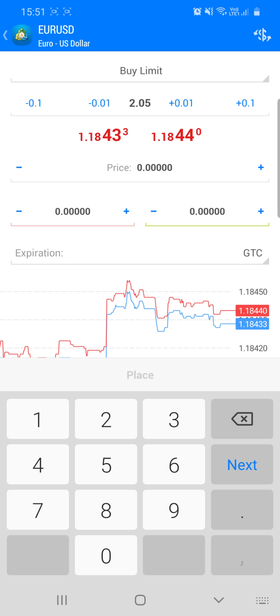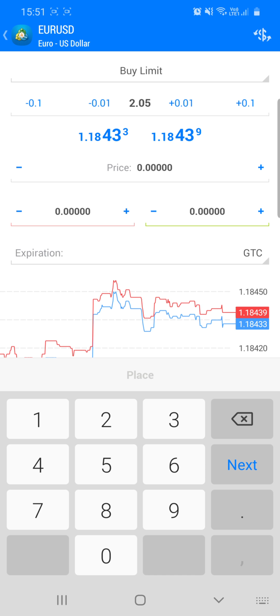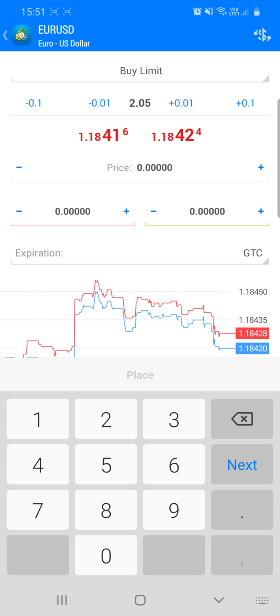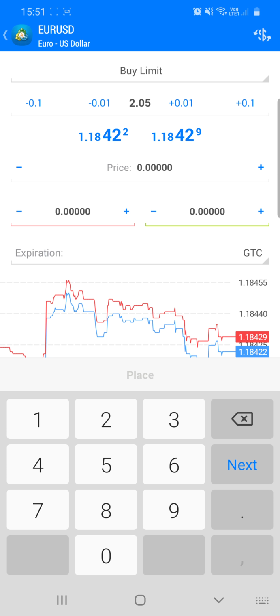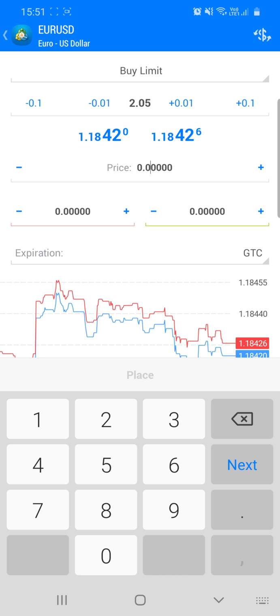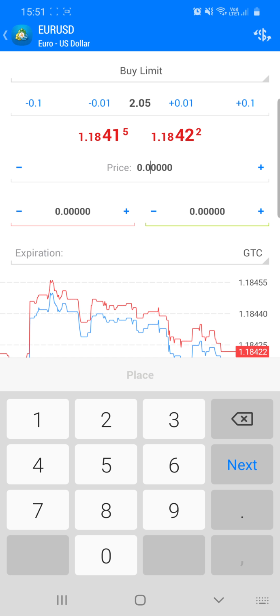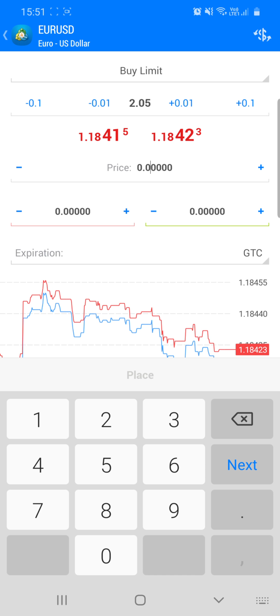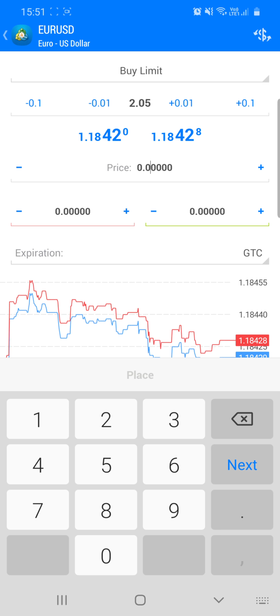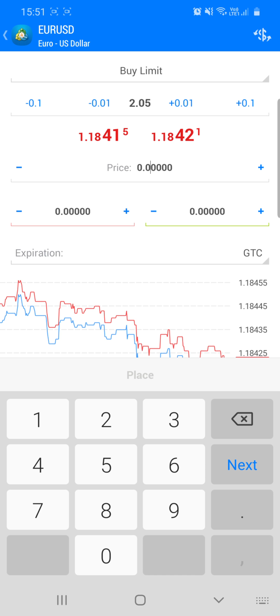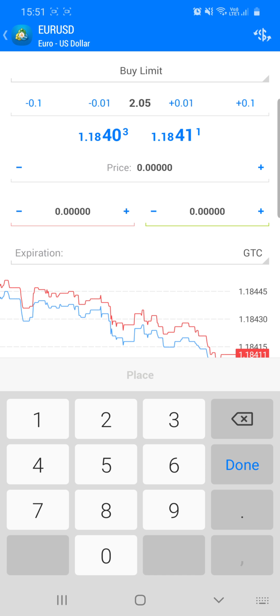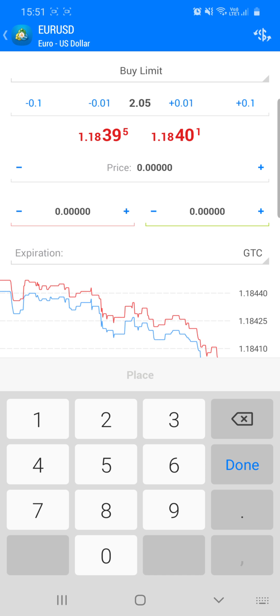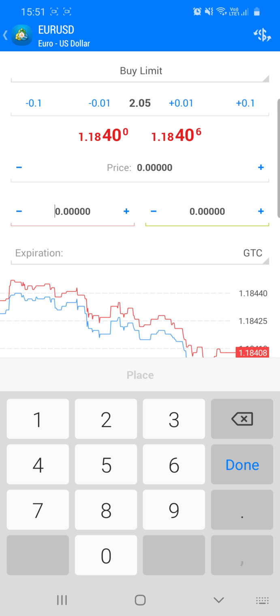The reason this is because remember, a buy stop or sell stop, buy limit, sell limit, pending orders, you're saying when price gets to this level, enter me in at this level. So for a pending order, you need to put that entry price in. You need to specify when you get at this price, enter me now. When it comes to the stop loss, again, that's just the same as you would any other order. You put your stop loss in,